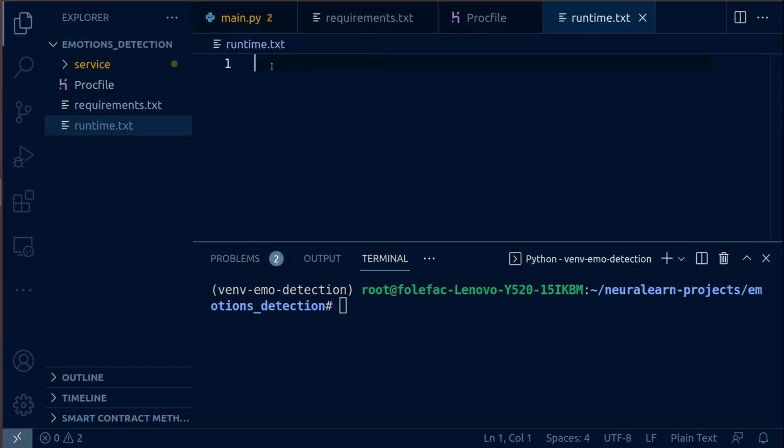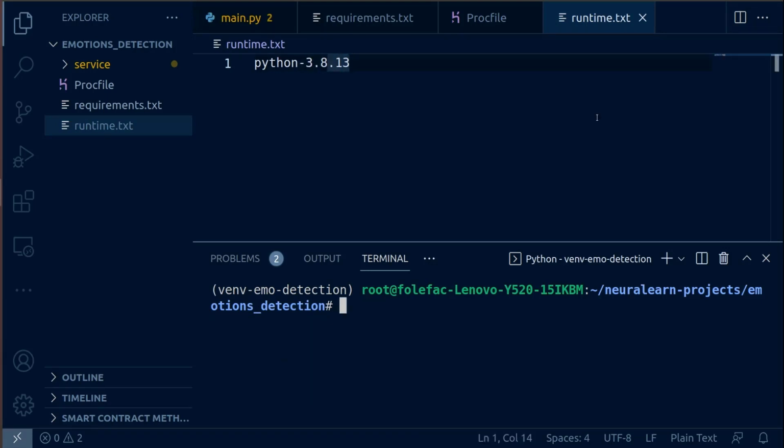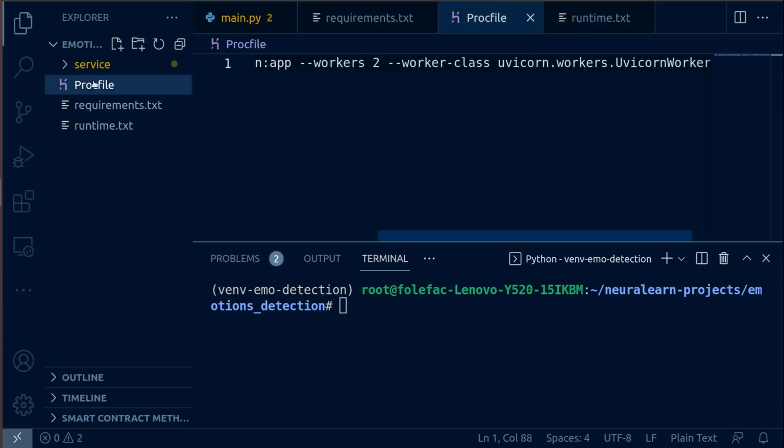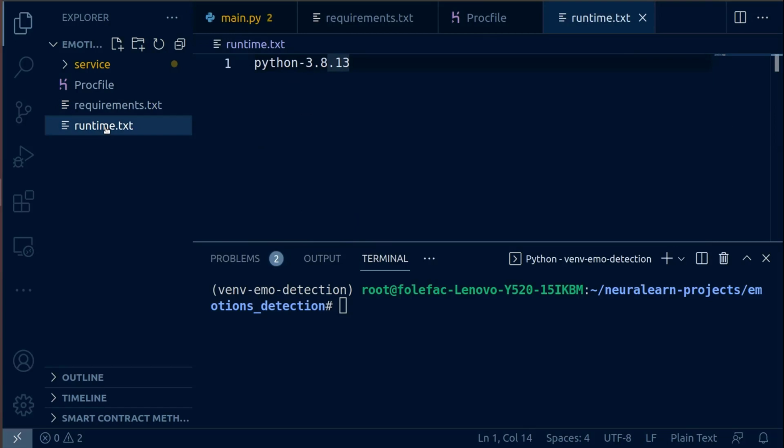runtime.txt. Now this runtime.txt is essentially going to take this Python version. So we'll copy this and paste that out here. So here we have Python, and this should be fine. Now also make sure you include this hyphen before this Python version. With our Procfile ready, the requirements.txt file ready, and the runtime.txt file ready,